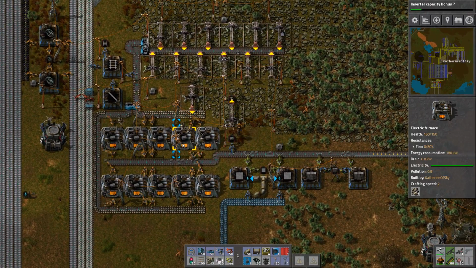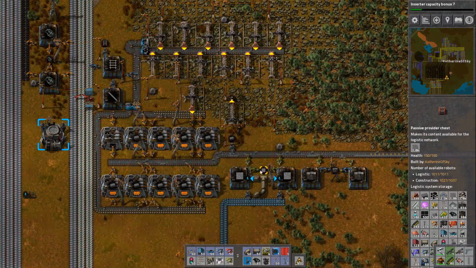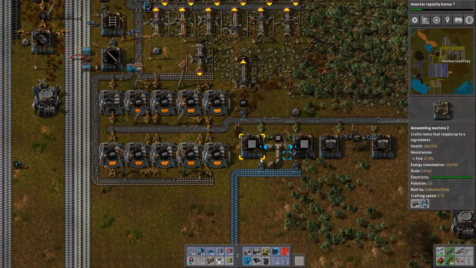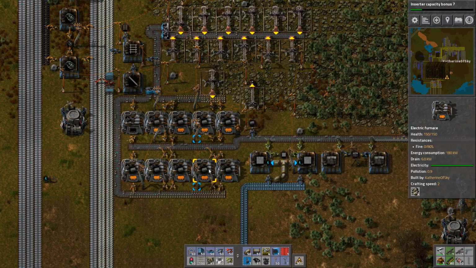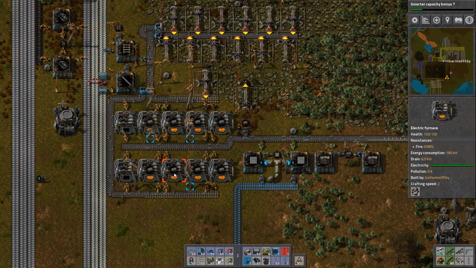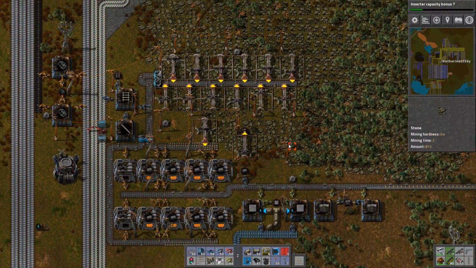Well, let me count. 2, 4, 5. So we have 10 here. So we need 10 miners. Or 5 miners. 3, 6. Yeah, we have more than 10. We have 12. So... yeah, I think... Or is that not enough? No, because they require 2 stone for each smelt. It's actually taking them up. They're actually, looks like it's running down slightly. I can't remember if it's one miner to one steel furnace, or if it's...